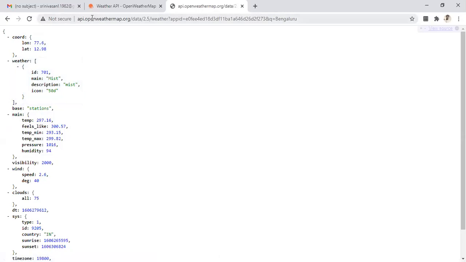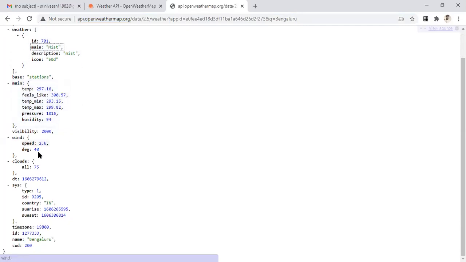Yes, sir. Okay, so the concept here is that up to this it will be available on that website, Open Weather Map API. After this, you have to generate your own unique key. For me, the second one is not supporting. The first key which I used before, which I created with another email ID, I copied it here, and Q is equal to Bengaluru. See here, this is the weather. Right now it is saying today it is mist. Temperature is around this many degrees, wind speed is this much.